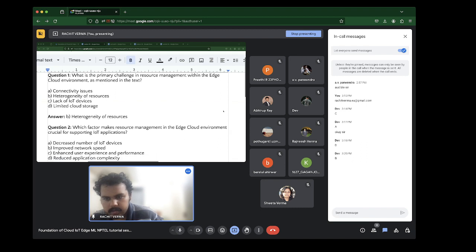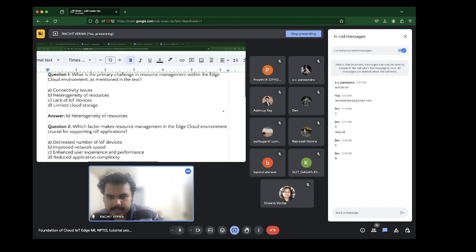So which factor makes resource management in the edge cloud environment crucial for supporting IoT applications? Is it A, decreased number of IoT devices, B, improved network speed, C, enhanced user experience and performance, or D, reduced application complexity?